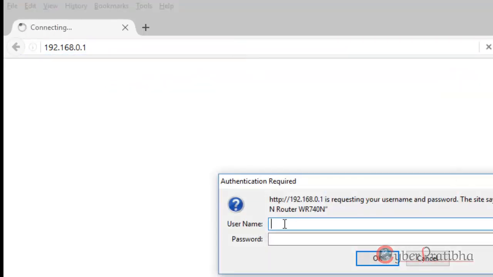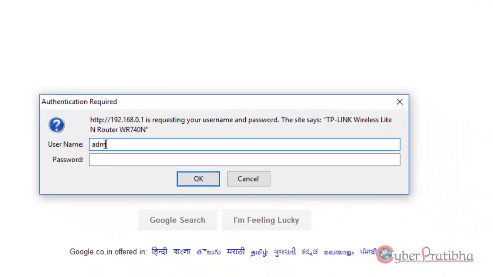Here it will ask for the username of the admin, and the password is whatever you have set before. If you don't know the password, then you can reset your router. After resetting, the wireless router goes to the default username and password.